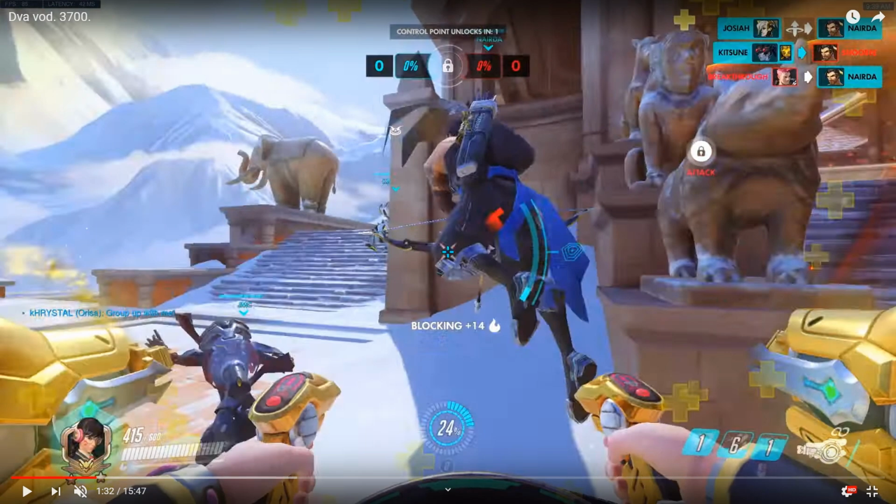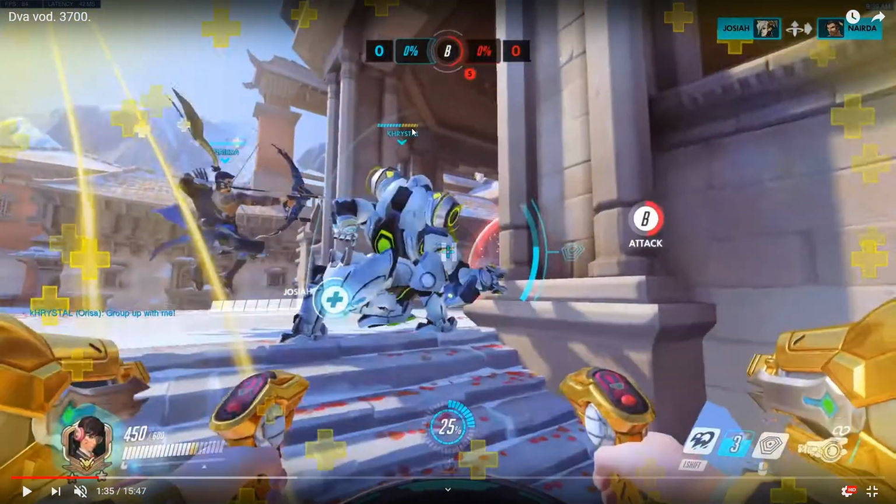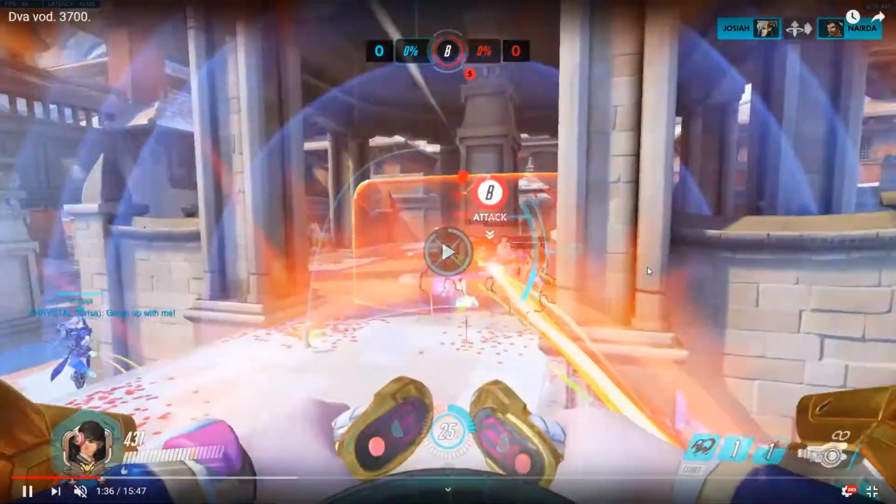We would have wanted to already be up here with her to get some damage in, to not let this Ryan close the gap for free, and also to not let the Orisa take damage in the beginning. The Orisa took damage in the beginning, now she backed off, and that leads to us having to... She's getting pushed here, right? He gets bubbled,